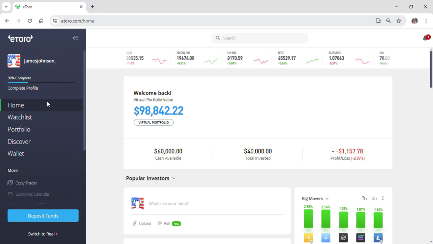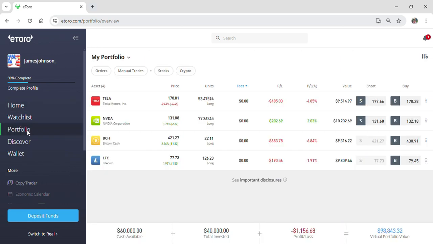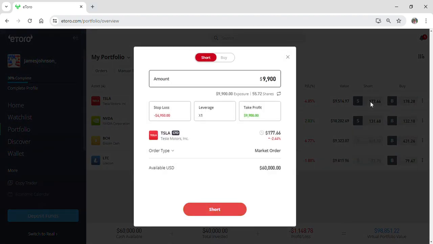First of all, you just have to log in and enter into your eToro account like I already did. After going on to eToro, simply go onto your portfolio. Under the portfolio, you can see all the assets that you own, and here's the stocks that you want to sell as well. Simply click on the asset that you want to sell, and under the search option, simply click on sort. If you do so, you can see